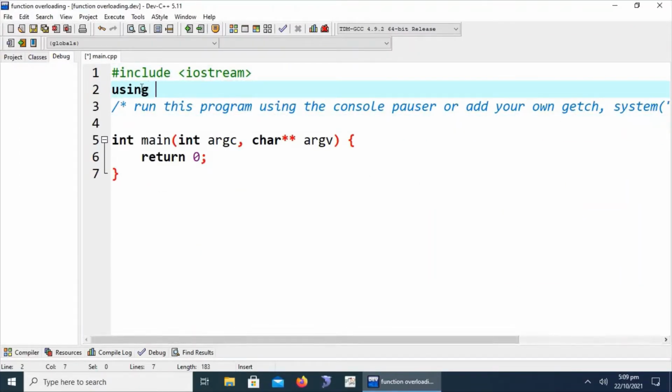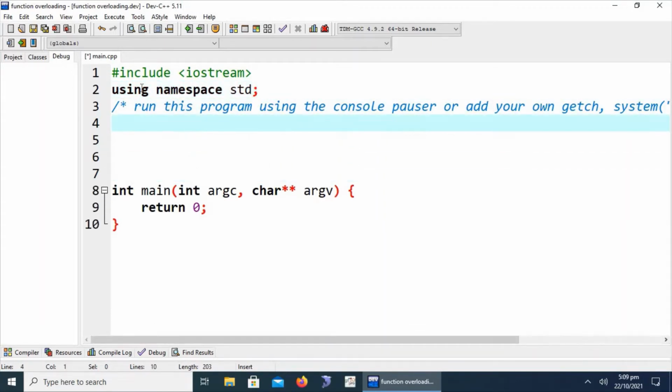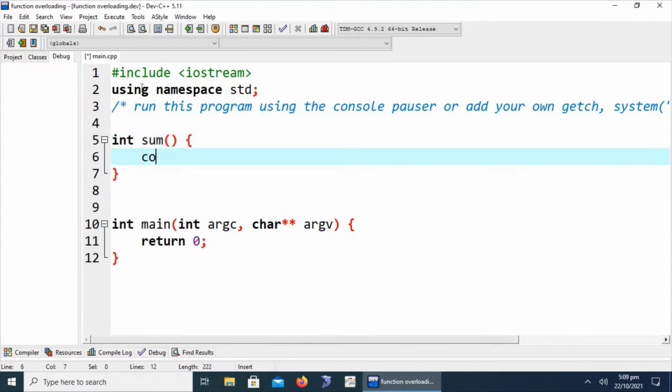Now we will have to write using namespace std, the standard namespace. Here we will declare multiple functions having the same name but different parameters. First of all, I am declaring the first function, sum, without any argument.